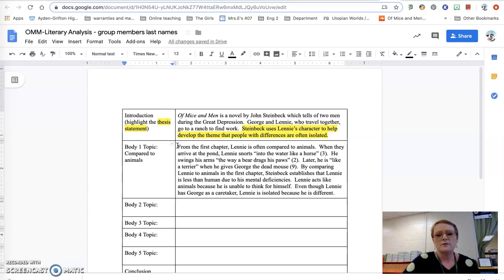From the first chapter, Lenny is often compared to animals. When they arrive at the pond, Lenny snorts into the water like a horse. He swings his arms the way a bear drags his paws. Later, he is like a terrier when he gives George the dead mouse. By comparing Lenny to animals in the first chapter, Steinbeck establishes that Lenny is less than human due to his